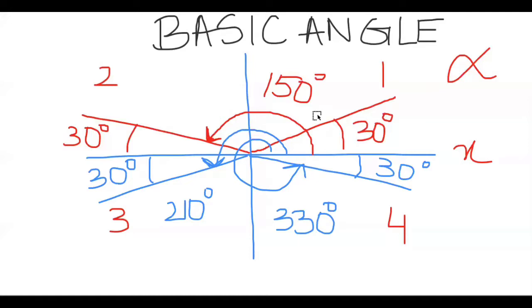There are two conditions of alpha. The first condition is that it should always be an angle with the x-axis, and the second condition is that as it will always be with the x-axis, it will be an acute angle. It will be an acute angle and it will be less than 90 degrees. And the third condition is it will always be positive. Now, what does a negative angle mean? We're going to look at it in a bit.